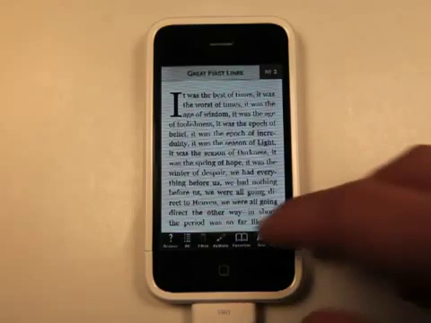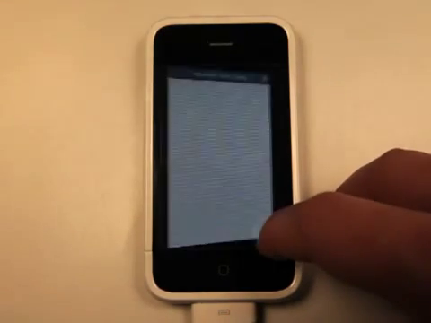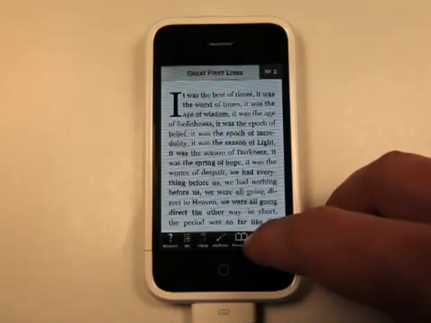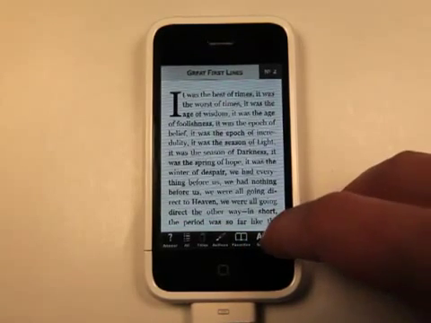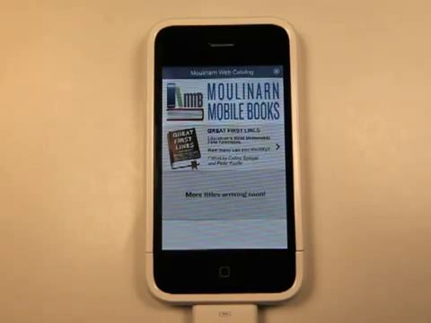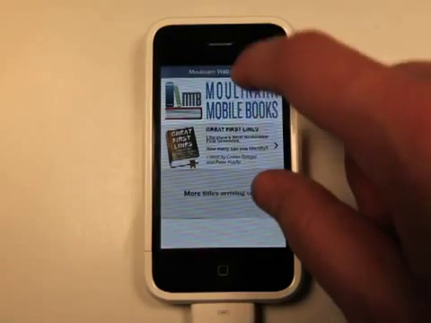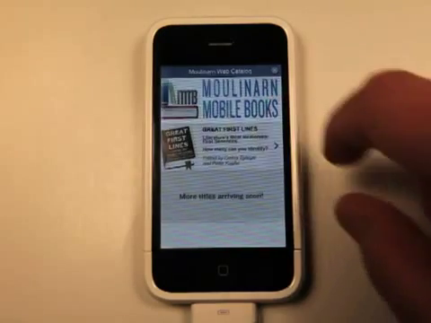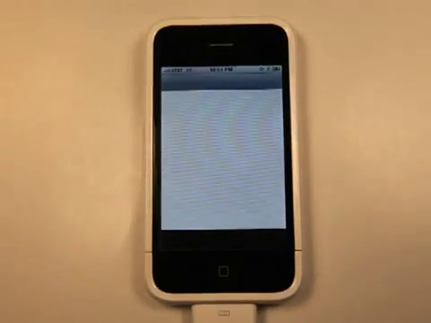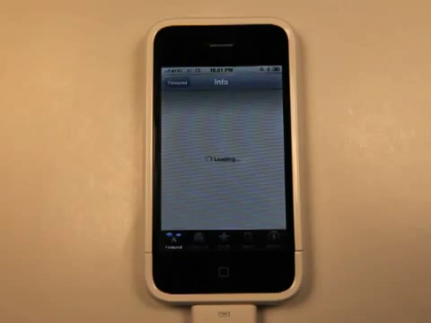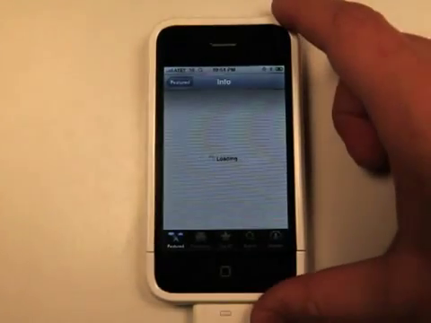Now, another thing that's nice is your size of text. You've got a couple different sizes here. Oops, I clicked on catalog. I wasn't ready for that yet. We've got a couple of different sizes here to make it easier for you to read. And then we've got our catalog here, which shows you a couple of different apps that are available. You can click on mobile books here, or, well, that one doesn't open up. Actually, it looks like none of these. Oh, there we go. We got it. And if you wait for a while, it'll load up the app, but I don't want it to do that.